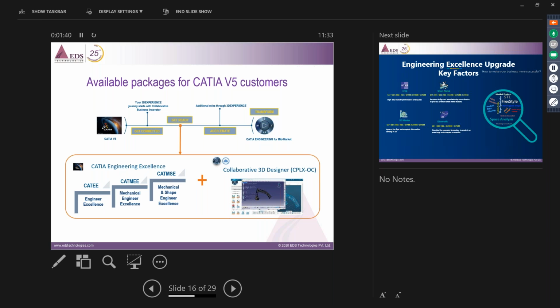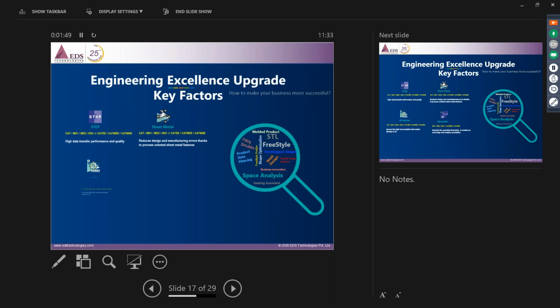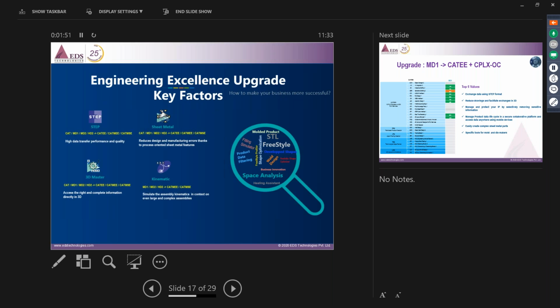So I will straight away get into the advantages of these packages first. I'll start with these engineering excellence packages as an overall benefit. So it will add additional benefits in terms of